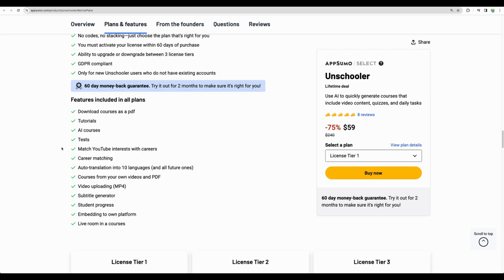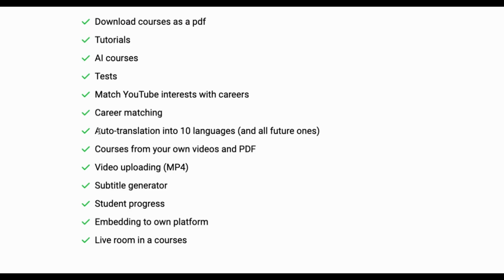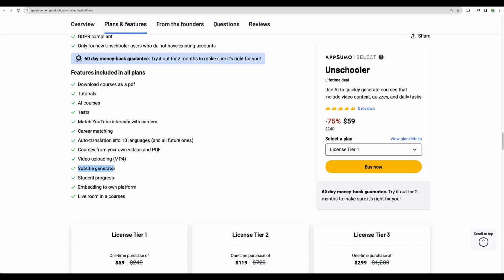You will be able to download courses. There is auto translation into 10 languages. You can have PDFs and custom videos as source for your courses content. There is a built-in subtitle generator and progress tracker, and you will be able to embed your courses to your own